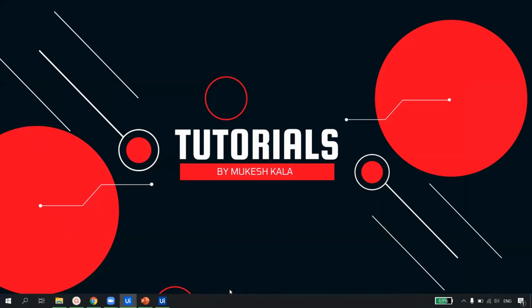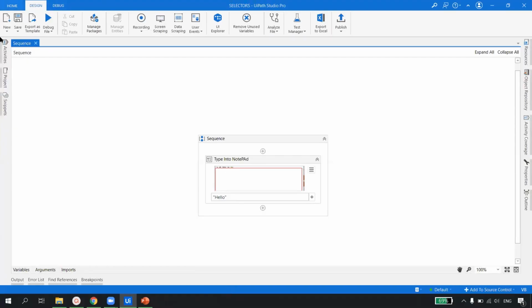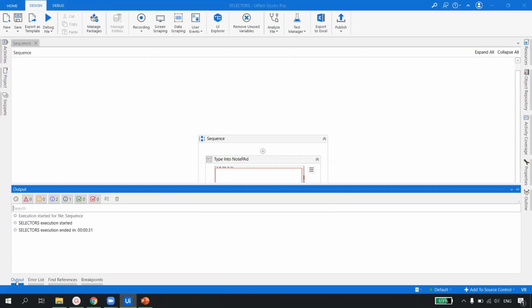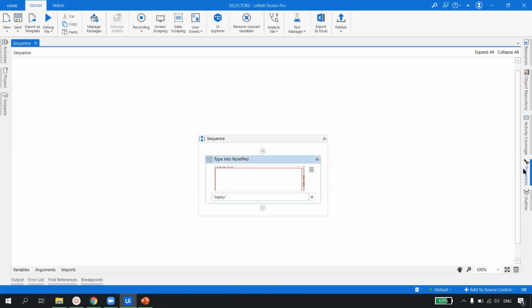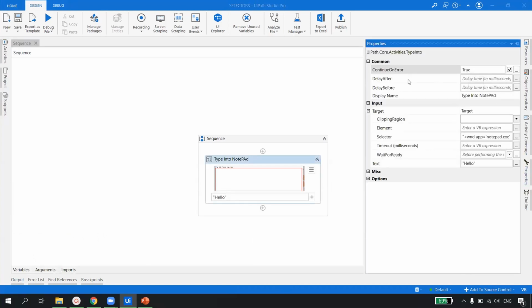So that is what continue on error means. If there is an error, we do not get an exception, and in the output the process was successful. Can you see after 30 seconds? So we use continue on error whenever we want the UiPath robot to continue even if there is an error. By default, if I leave it blank, the default value for the Boolean is false. So that's why I told you.